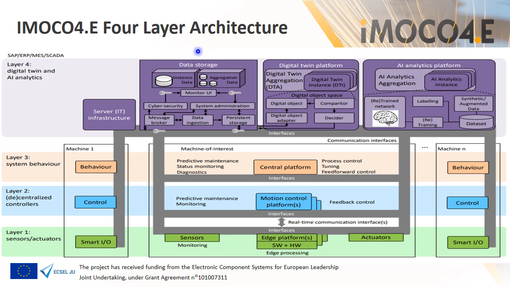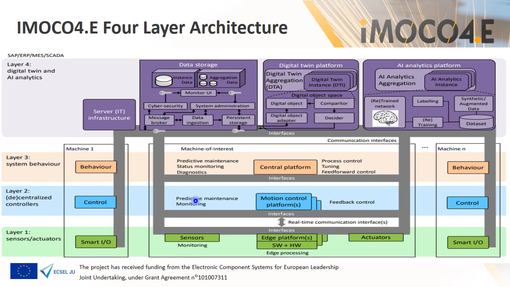It's made up of 4 layers, and layer 1 is where all the sensors, you can see all forms of sensors are accounted for. These sensors may be traditional electronic components with microelectronic sensing capabilities, but increasingly the sensors are acquiring onboard intelligence and decision making. So the next layer is the decentralized controllers. All of these have to do with some form of motion management, motion monitoring and control, particularly within